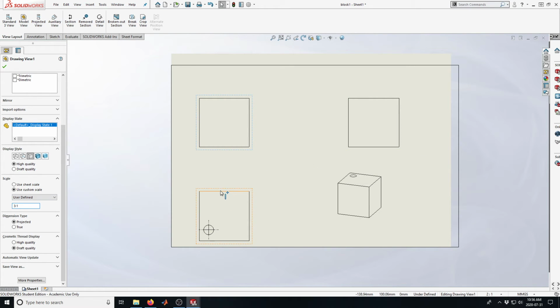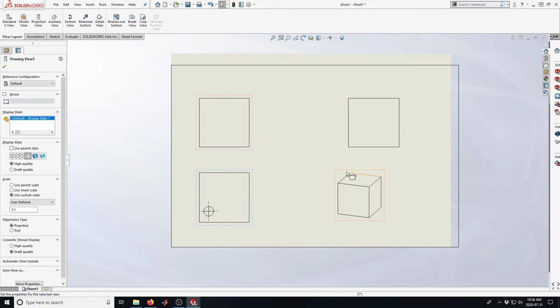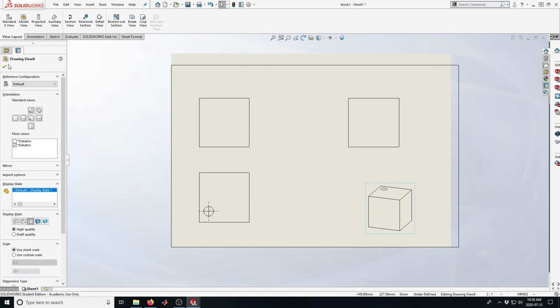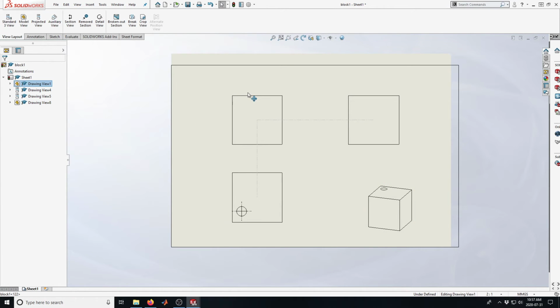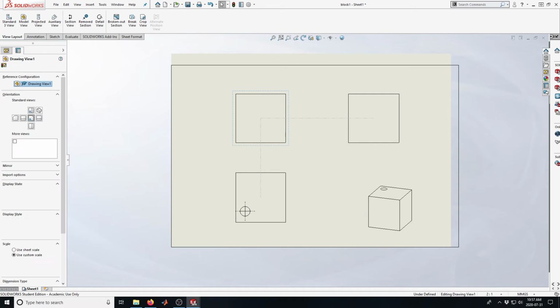There. So now all of these are 3:1. This one, I'm not really going to worry about for the moment because I'm just going to click OK. I can still move these around. And now I've got, within the context of my sheet, which is a funky shape because I made it random,